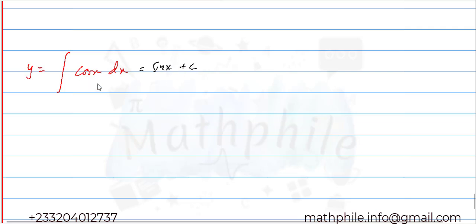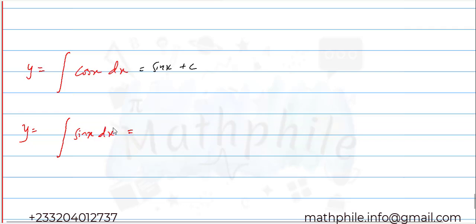So which function are you to differentiate to get cos x? That becomes the answer. So anytime you come across the integral of cos x, we are expecting an answer to be sine x. Similarly, if you come across the integral of sine x dx,